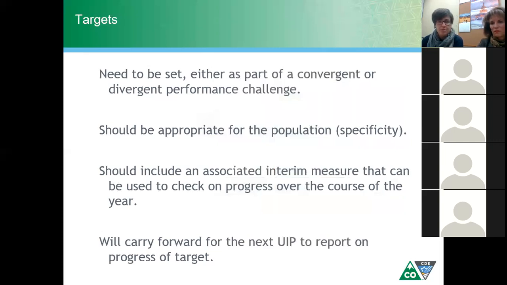And as we described earlier, once these targets are set, they will carry forward on your next UIP so that you can report on their progress. One point about targets that's different from the big district UIP overall is that there needs to be at least one target and action plan, where a district might have several different targets addressing different disparities. But to meet the requirements for gifted ed, there needs to be a minimum of the one, okay? That's always nice to clarify. You don't have to address every single disparity. Absolutely not. No.